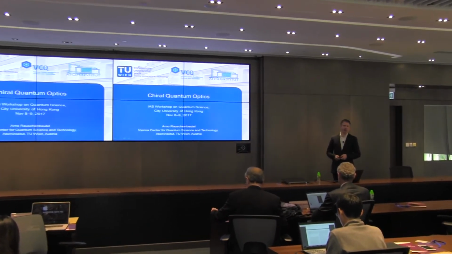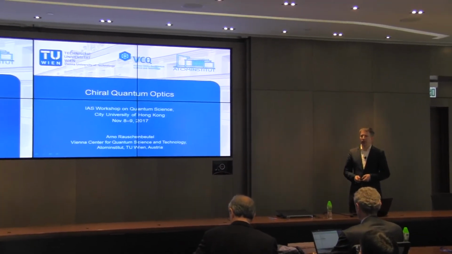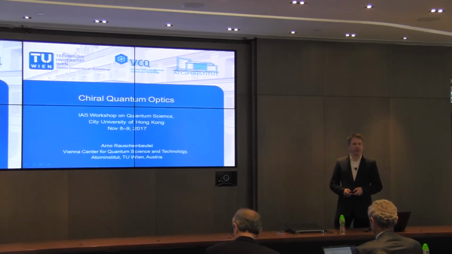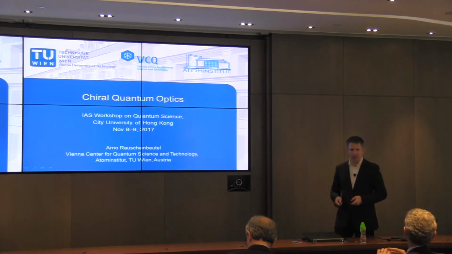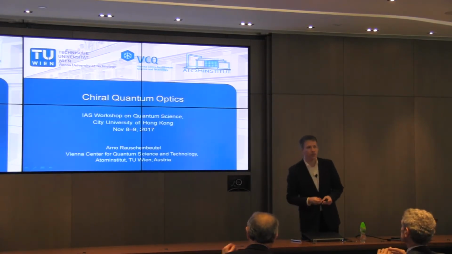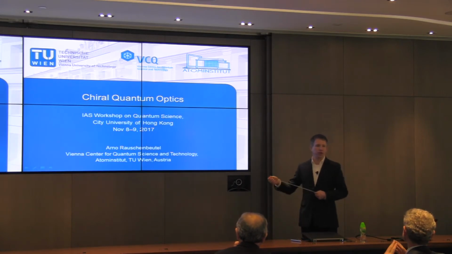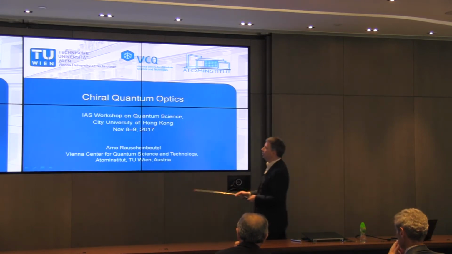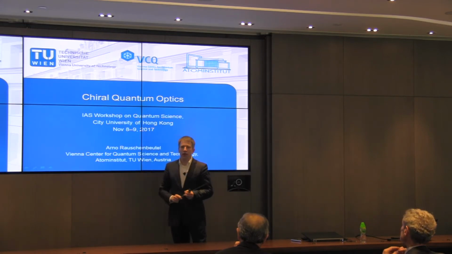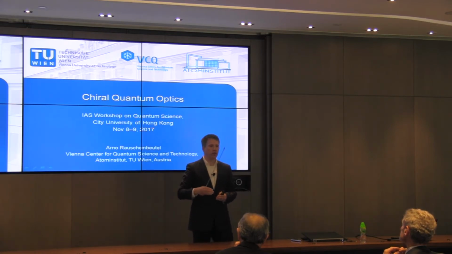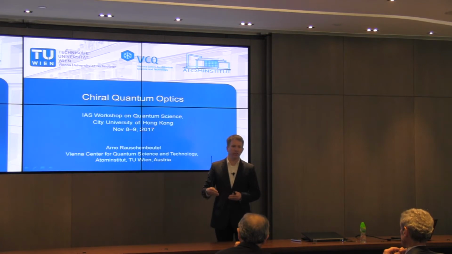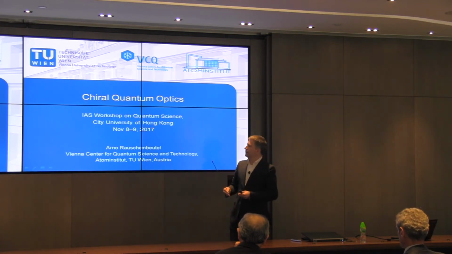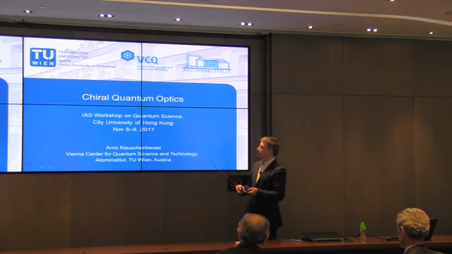So the title of the talk is Chiral Quantum Optics, and I would like to start with a short disclaimer. Actually, in the context of this talk, the word chiral probably means something very different from what your favorite usage of the word chiral might mean. In the context of this talk, chiral refers to direction of propagation, direction dependent. So here we're talking about a propagation direction dependent interaction between light and matter. And we will see how this comes along and what it has to do with the confinement of the light